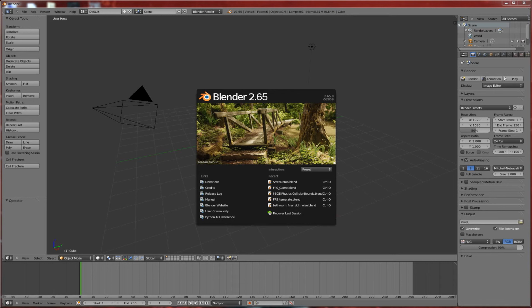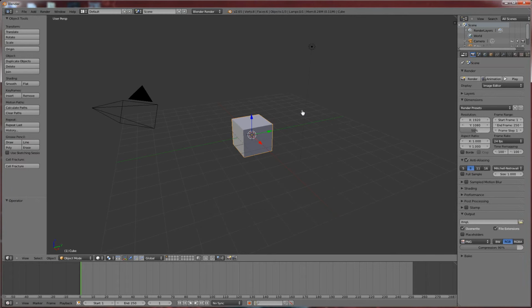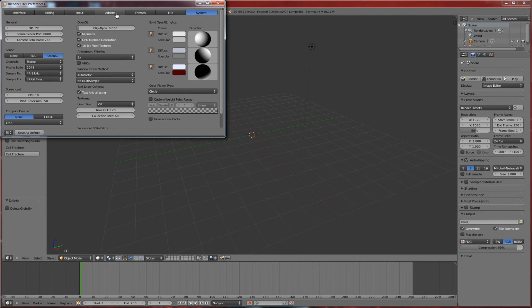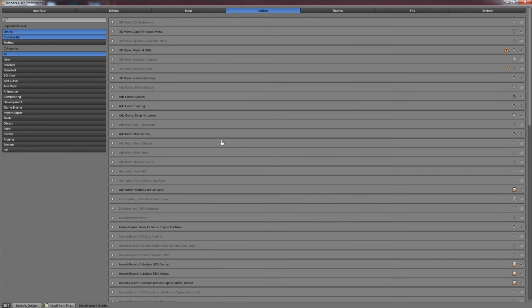So this is Blender 2.65 that just came out. And we're going to jump right into level design. First off, I went and set up my add-ons. I just added, let me see if there's anything that we might